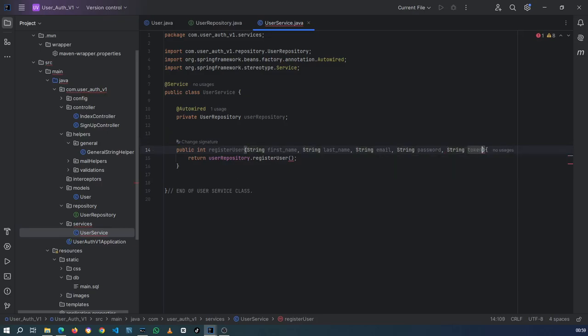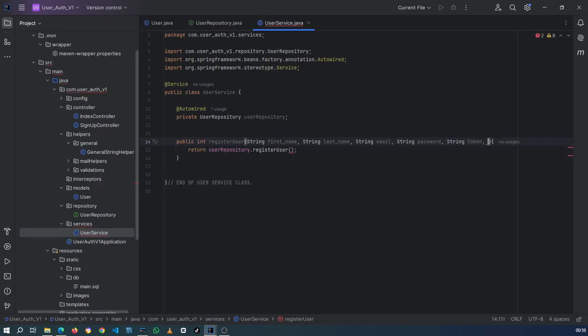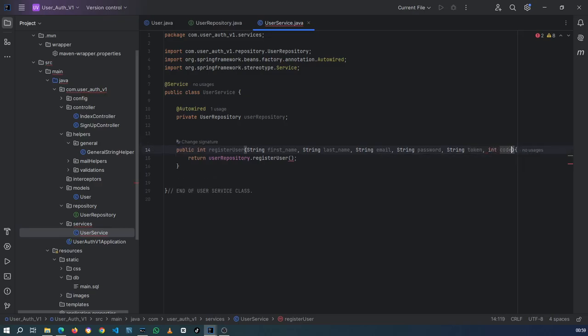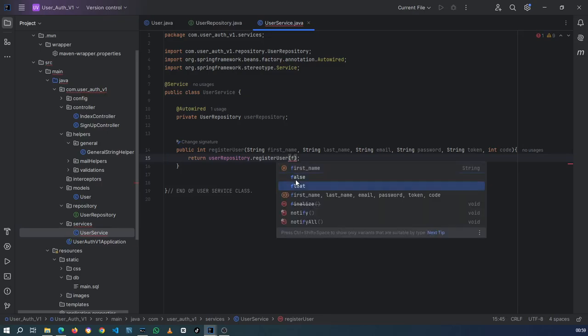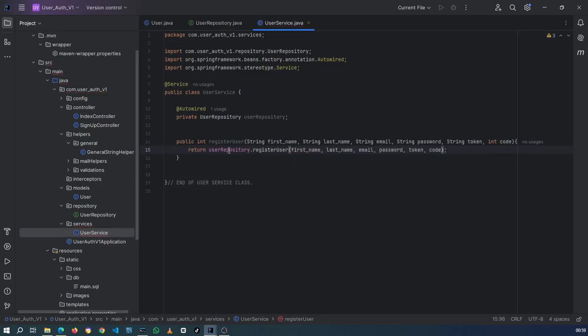And what else? I think it's the code. All right. So the method that you're creating here, make sure it has all these inputs, and that's what we are inserting into our user repository interface method. So